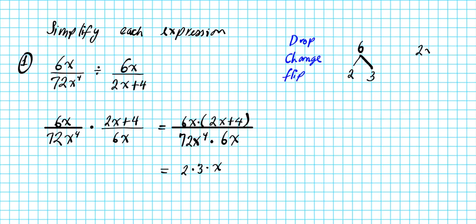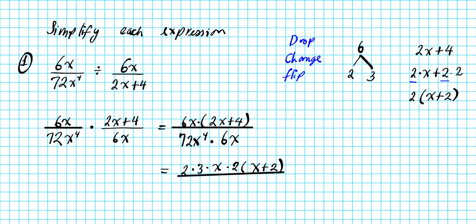Can it be factored further? And the answer is yes. We have 2 times x plus 2 times 2, the decomposition of 4. There is a greatest common factor that can be extracted here. You can factor out 2 and you're left with x plus 2. So this quantity 2x plus 4 can be written as 2 times x plus 2, divided by